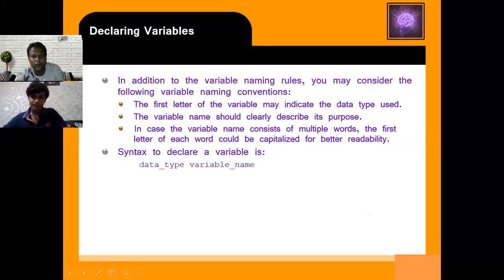When we define a variable, the first letter indicates the type: nMark, nAge. That means it will store a numeric value.